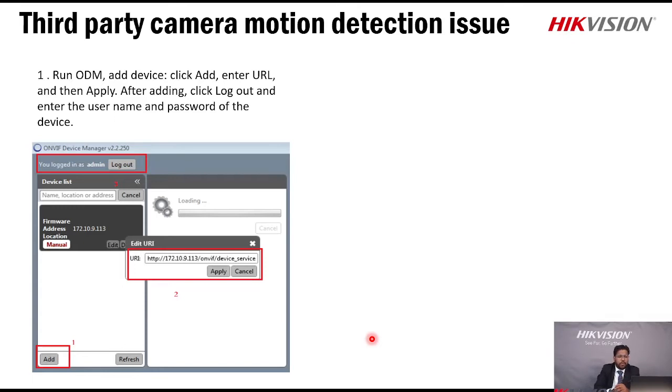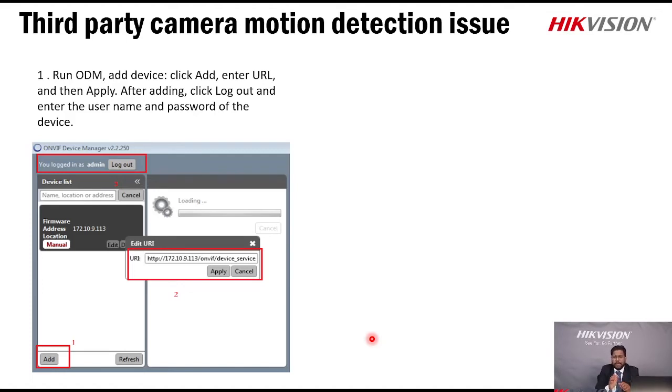So first download and run the ONVIF Device Manager and add this camera. For that you need to enter the URL, that is the IP address of this camera, and click on apply. After adding that, click on logout and again type the username and password for this device, and this camera will get connected with this software.